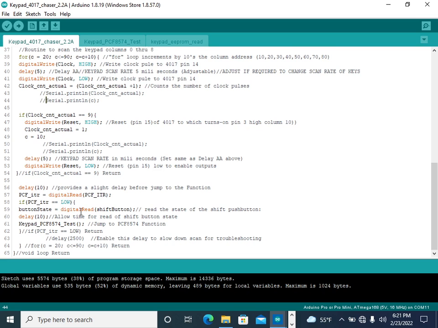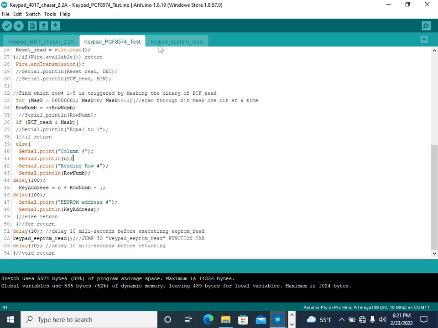And when that's read as a low, before it leaves this main loop and goes to the function, it's going to read the shift button and store that high or low state into this button state variable. And then it's going to jump to this function, the keypad PCF8574 test function,